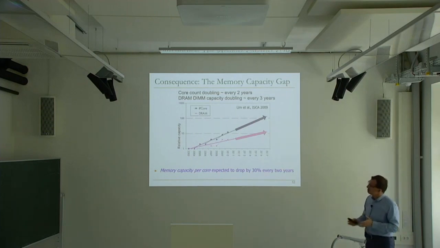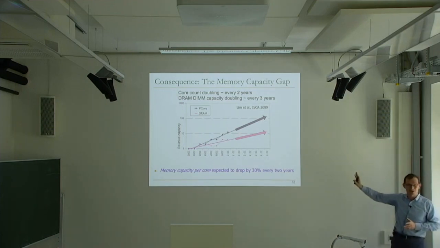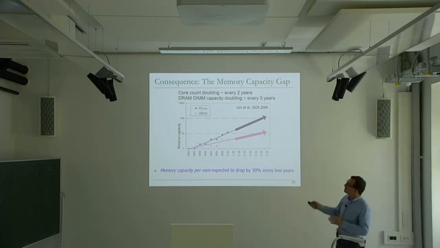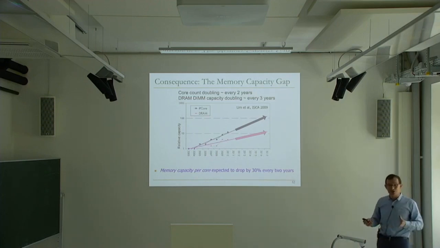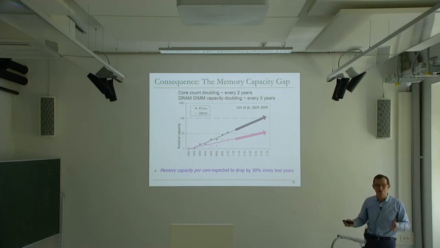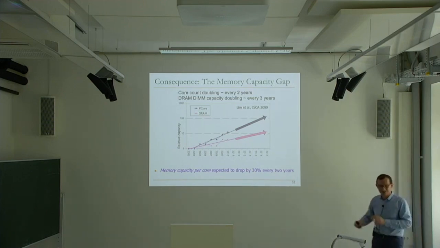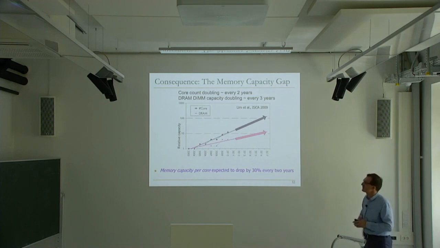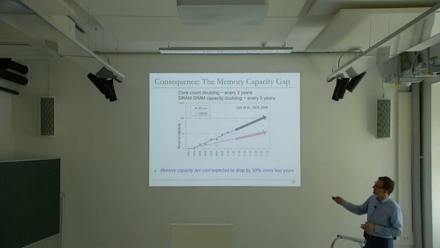It's actually not terribly untrue, especially in GPUs. For example, in GPUs, core count is increasing very fast, but memory capacity is actually much worse than what's plotted over here. So you're not getting a lot of capacity per core. In CPUs, maybe in some CPUs, the core count is not increasing as fast today, but there's a reason. The reason is, if you increase the core count, you're not going to be able to get memory. That's why people are not increasing the core count as much. They're increasing other things on chip, like caches, for example. So these two have some interdependency with each other also, actually. But there is some truth to this today in different domains, and it's actually much worse in GPUs.